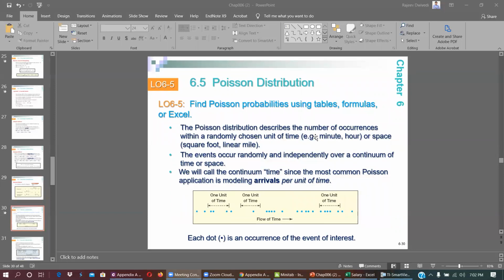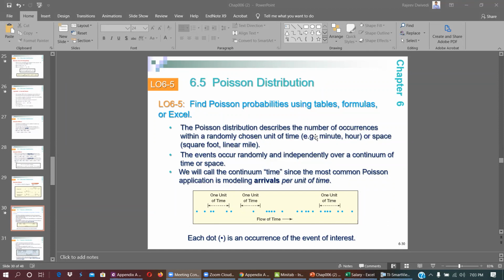Now, Poisson distribution. When do we use Poisson distribution? Poisson distribution is used when you have something on a time scale, something related to time. Let's say at an airport, the number of passengers arriving at a particular time, number of flights arriving. In a bank, the number of customers arriving, in a call center, the number of calls made. Whenever you see this kind of situation, you can use Poisson distribution.